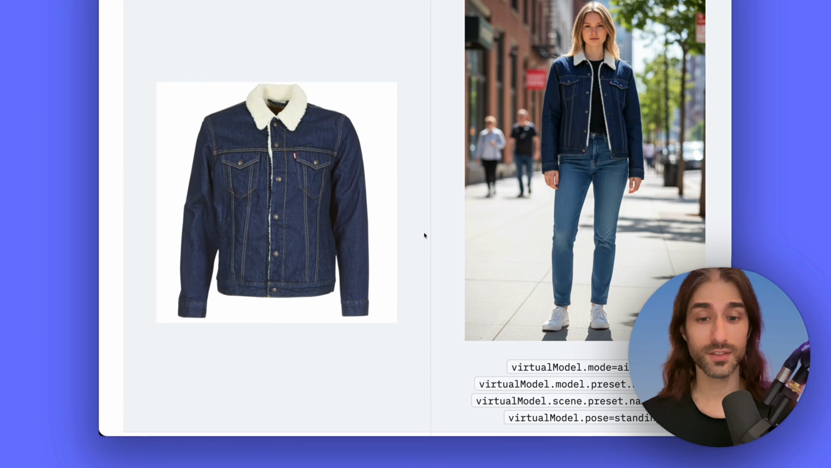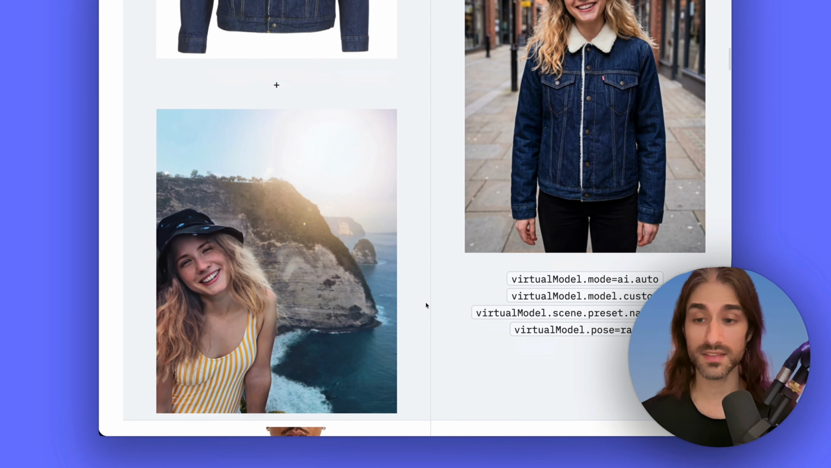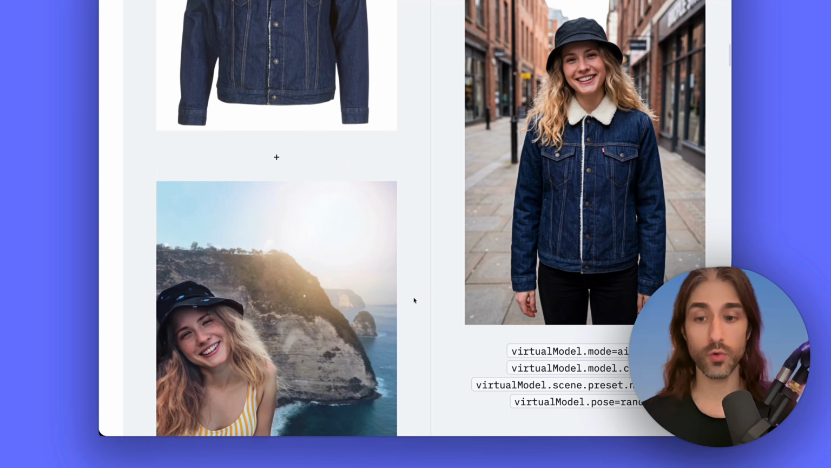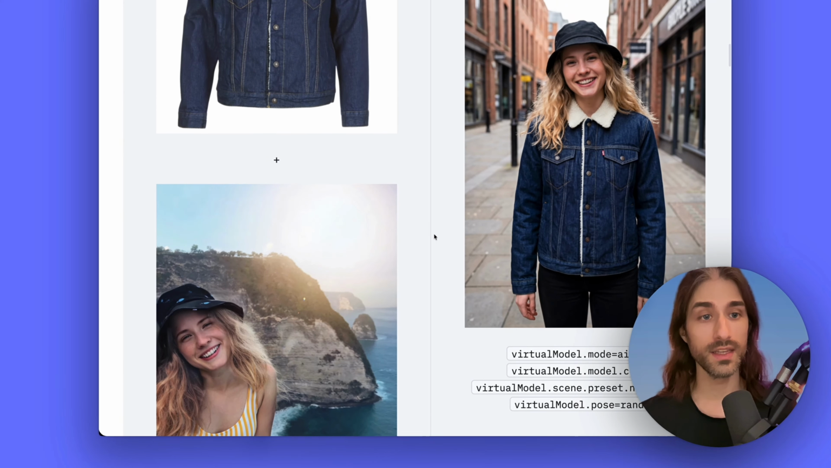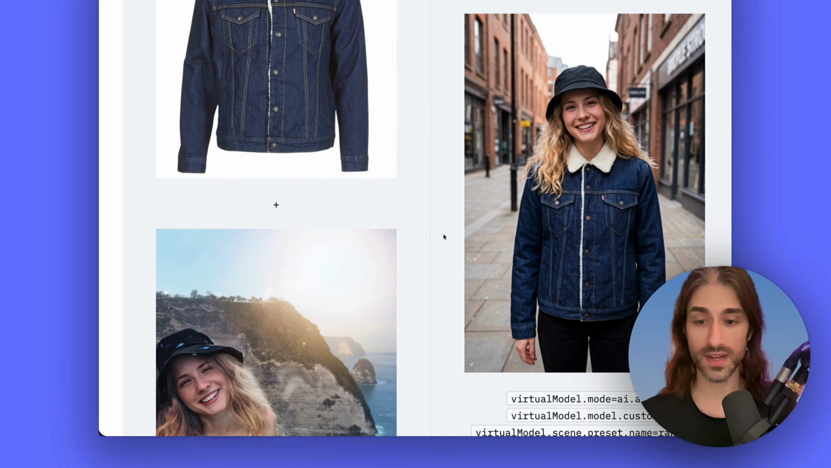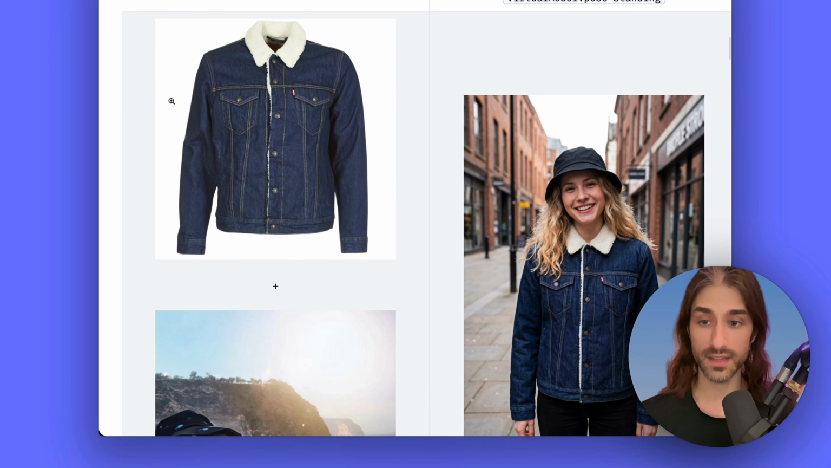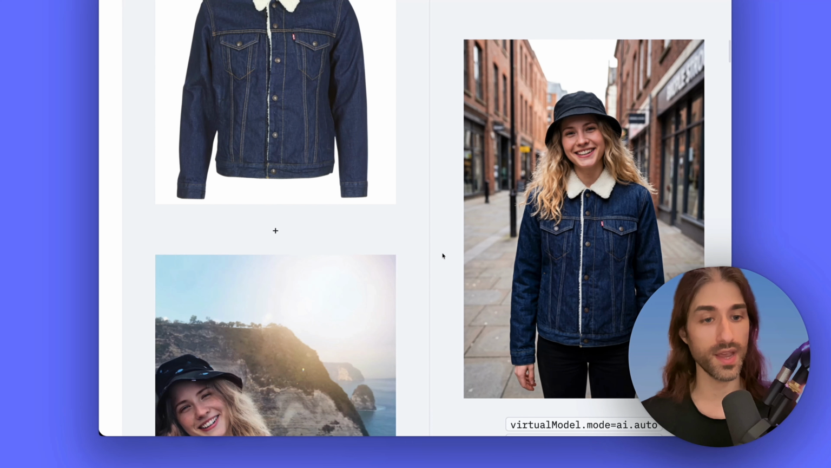But first, let's look at a few more examples, because in addition to only passing an image of the clothing, you can also pass an image of the model that you want to use. And as you can see, virtual model will then use the likeness of that person in the result image. So what you're really telling our API is take this item, place it on this person, and create a realistic